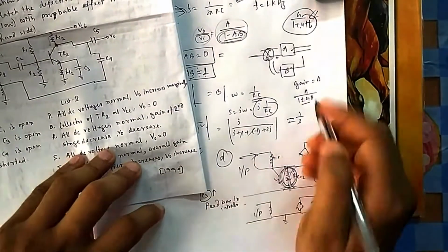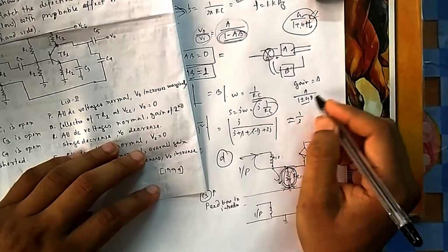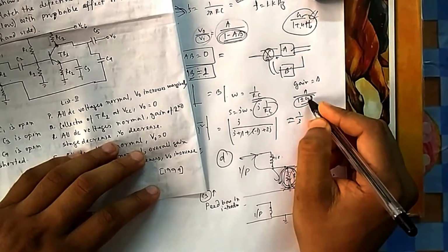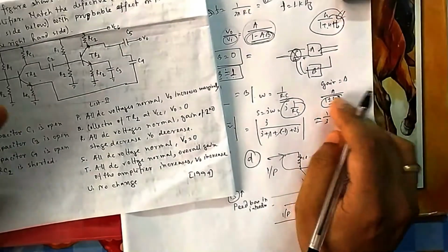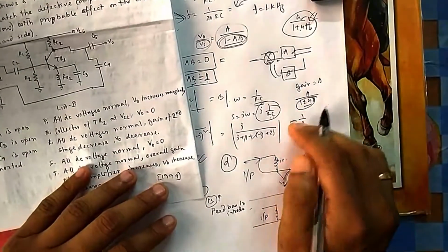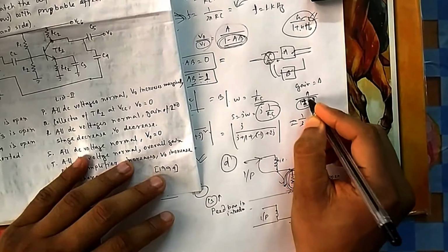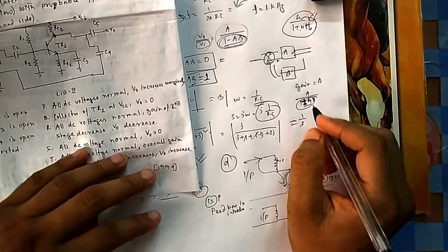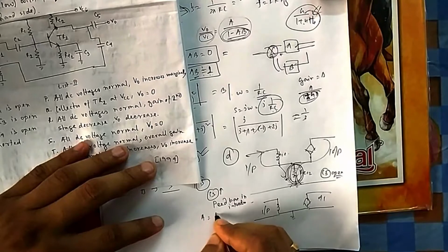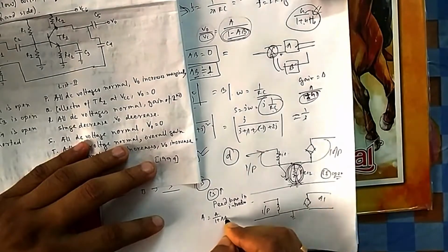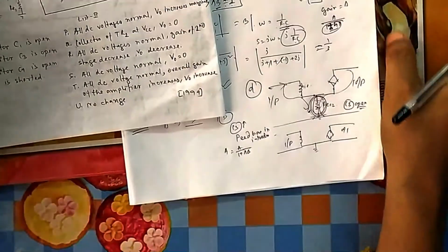So in case of here, it will be 1 plus GS. Ultimately, whatever you are dividing by something, it will be 1 plus GS, and that is greater than 1 also, because in an amplifier you will be giving negative feedback. So it will be A by 1 plus GS, that is A by 1 plus beta. Here gain will be equal to 1 by 1 plus alpha into beta. So your gain will get reduced.